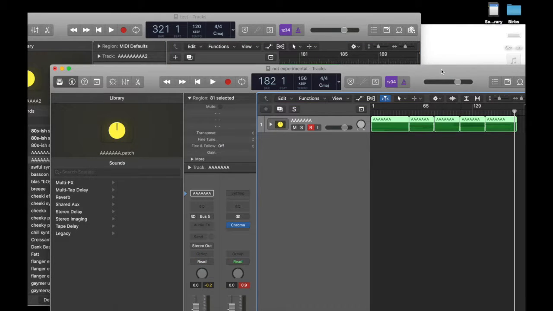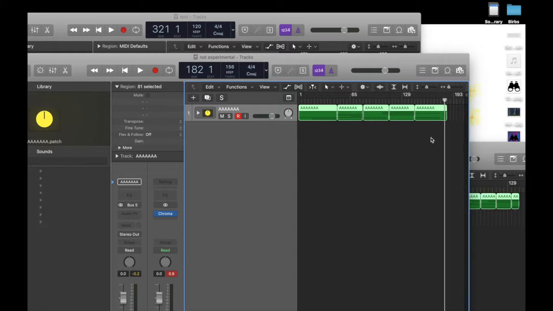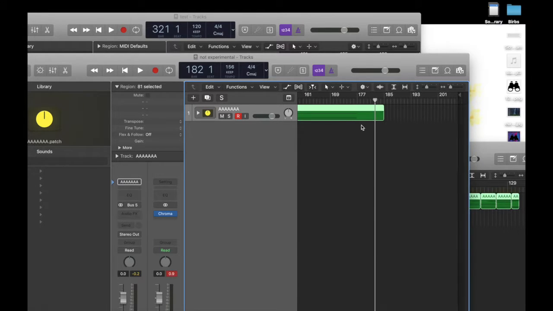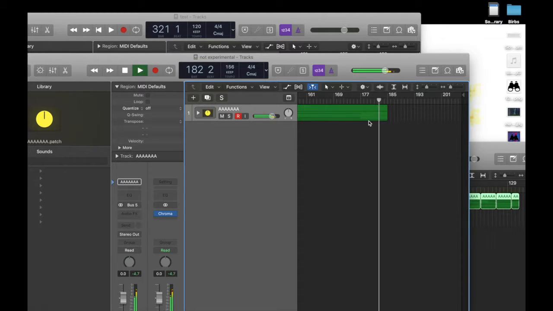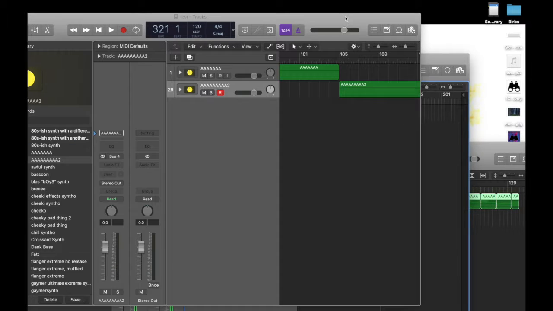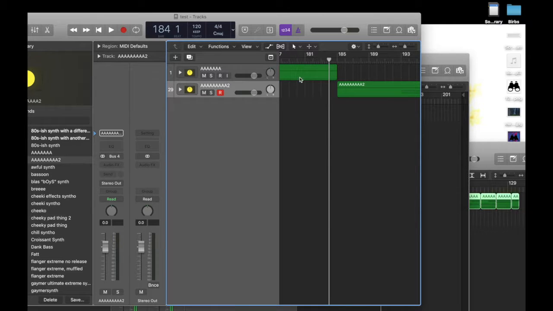So yeah, that's basically it. I should play the end of the song to prove that this has worked. So basically, the end of Not Experimental goes something like this. Yes, and that's the sound of me playing with scissors. Don't ask questions. And the end of